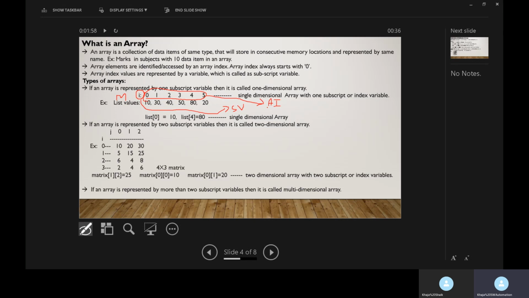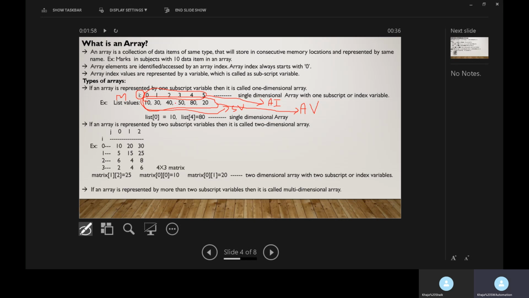These array index numbers represent the locations of the different values stored in an array. And these values, 10, 30, 40, 80, 50, 80, 20, represent the values stored in an array. These are known as array values.